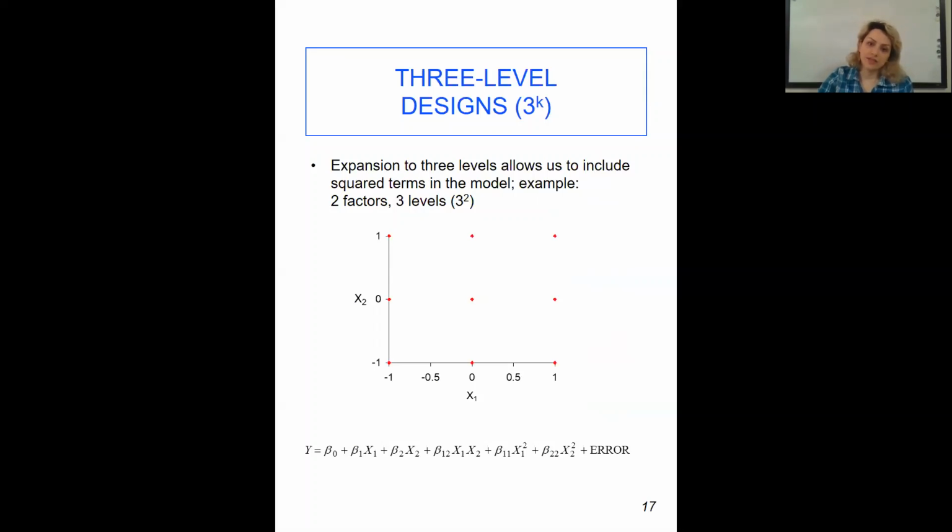And then for the 3 levels, I have, for example, -1, +1, and I'm going to have 0 in between. And these are the coded values. When you're writing it down, it's going to be like, for example, beta 0 plus beta 1 x1, beta 2 x2, beta 1 2 x1 x2, beta 1 1 x1 power 2, beta 2 2 x2 power 2. So this is the second order model, right? You will see that it's going to help us find out, okay, instead of having 2 levels, if we have 3 levels, what's going to happen for our response surface.